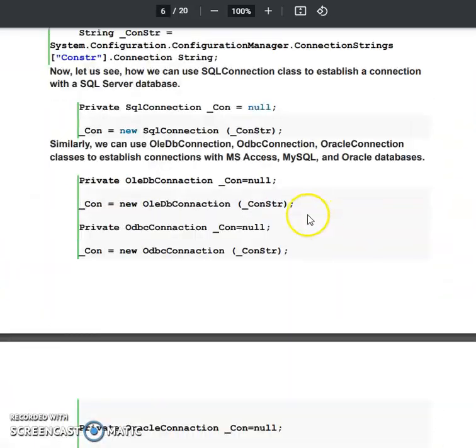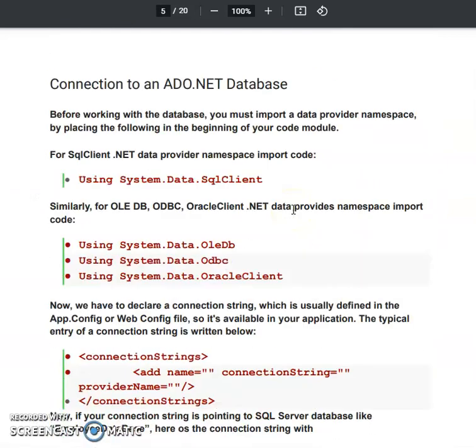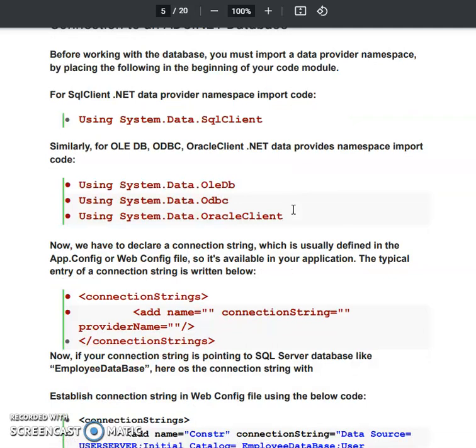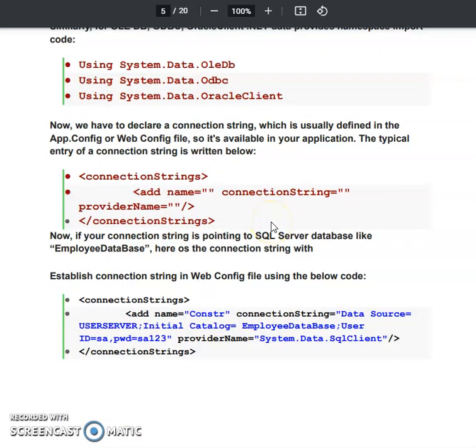So this is about the connection object. Already we have run some programs about this, making the connection with the help of the web form as well as with the help of this web.config file. Just go through these old programs, and I will even make a new video on this connection point.